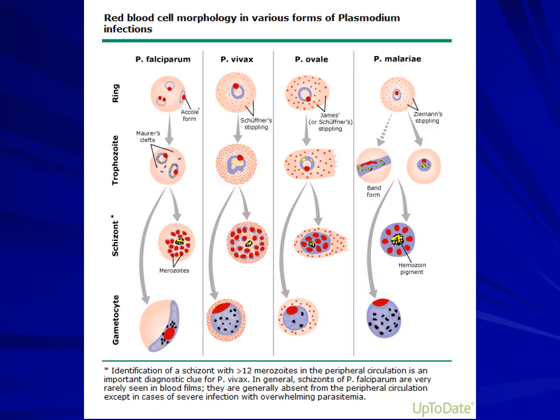You can also see the arrow going around those schizonts, because some of those rings and trophozoites will not develop into schizonts, rather they will develop into the gametocytes. Why? Because they have got to conserve the species and produce gametocytes, which will mature and become gametes, and fertilization occurs within the gut of the vector, the Anopheles mosquito.